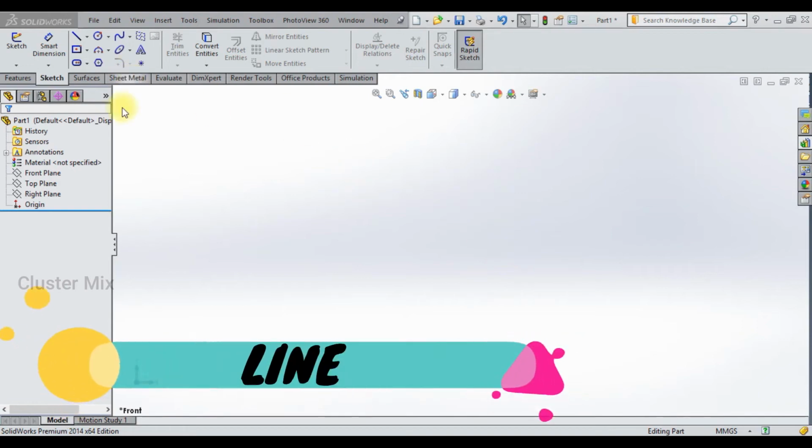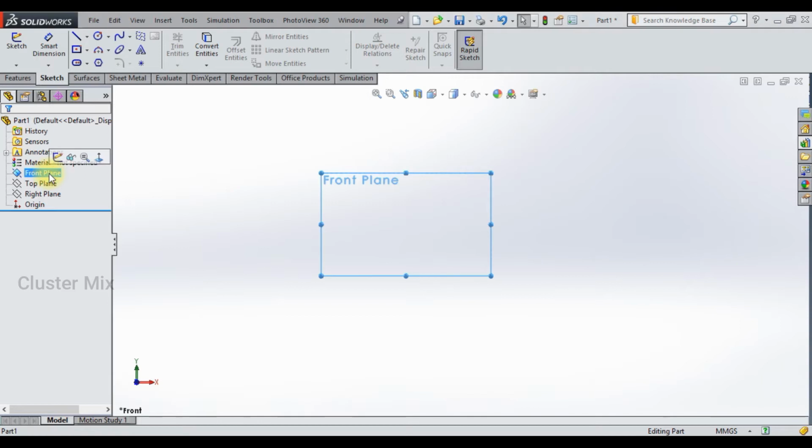To draw a new sketch, select any one of the planes here. I'm going to select the front plane and click on Sketch from the pop-up window, or select Sketch from the toolbar above. And I'm going to explain the line command. Select the line,